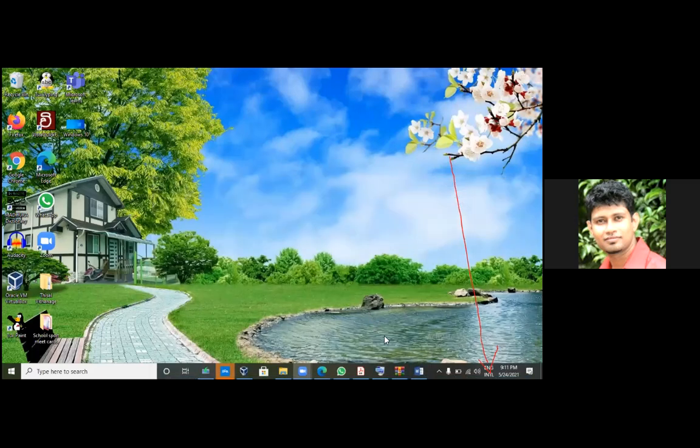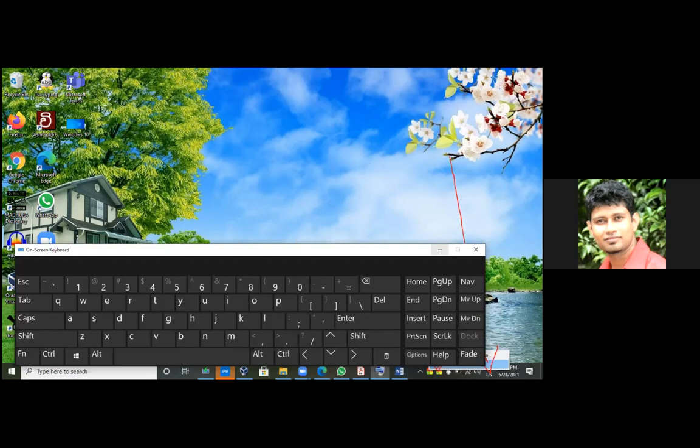Can you go to this? Click on this arrow. Right click on Helakuru and close the first one and the second one both. If you don't know how to close from there, what you can do is press Alt Control Delete together, and you will get Task Manager. Press Alt, Control and Delete, all three keys together.